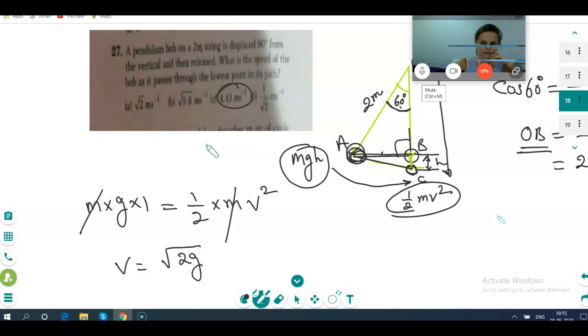27. One second. 27. 4.43. Yeah, it's correct. Have you understood now? Yes, I understood. So for this question, I just needed to use the conservation of energy. Yes, because you are just looking at where the pendulum is lost, where I kept. Okay, you have understood, I need not explain. Yes, I understood.